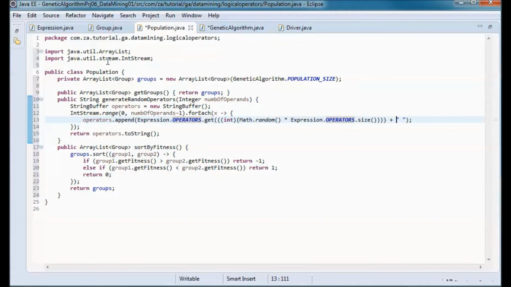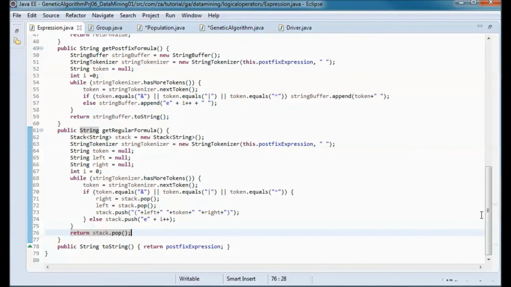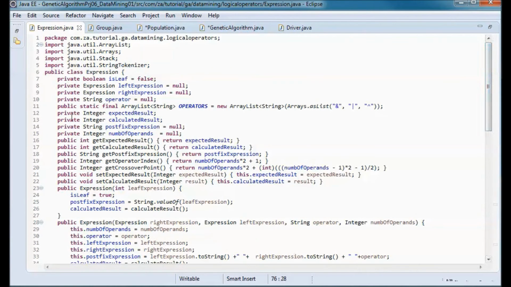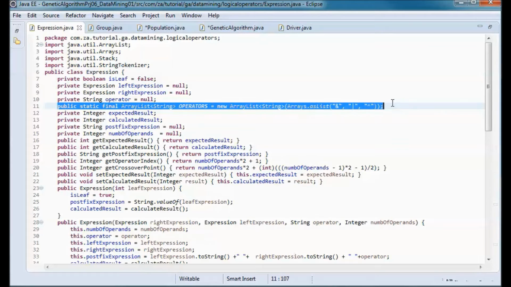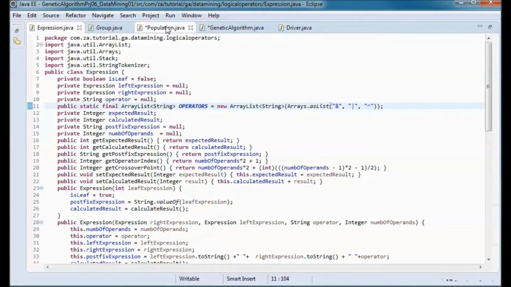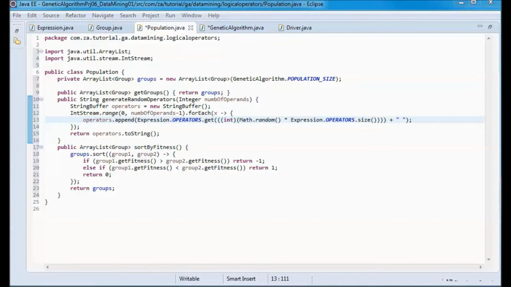So we select them from this array list, and we append them to this string buffer and return a string containing those operators with space in between.